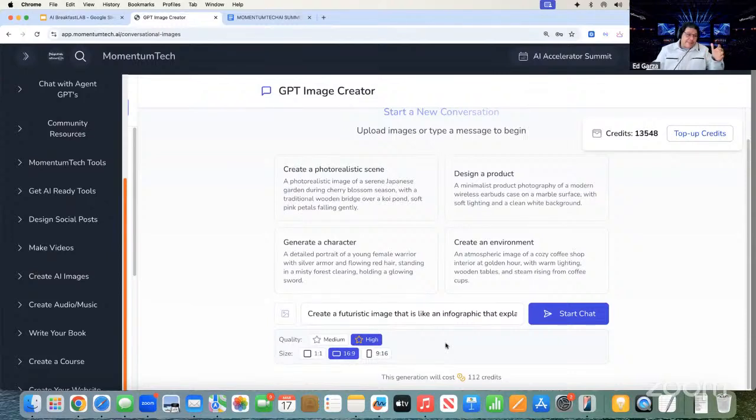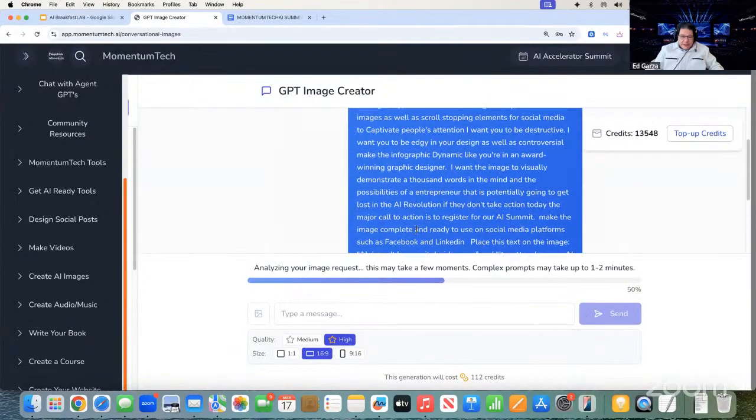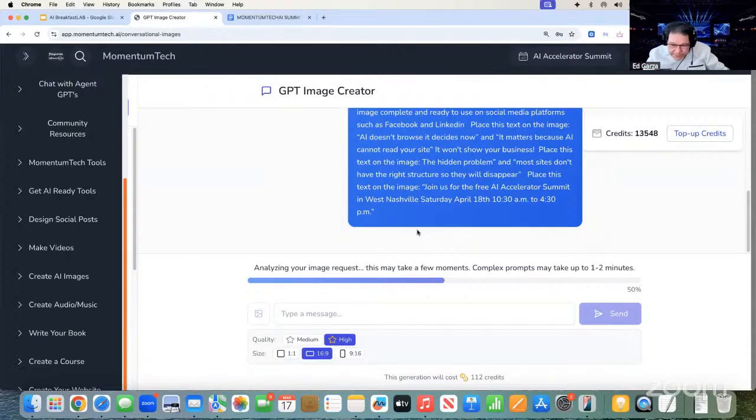Now, the Ask Ed app will help you do that as well if you're not able to communicate what you want. The Ask Ed app or even the Wild GPT will help you write that prompt. Just tell it what you want to the best of your ability. We'll practice that in a little bit here, okay? Here we go. Let's start the chat. So it takes just a few minutes.